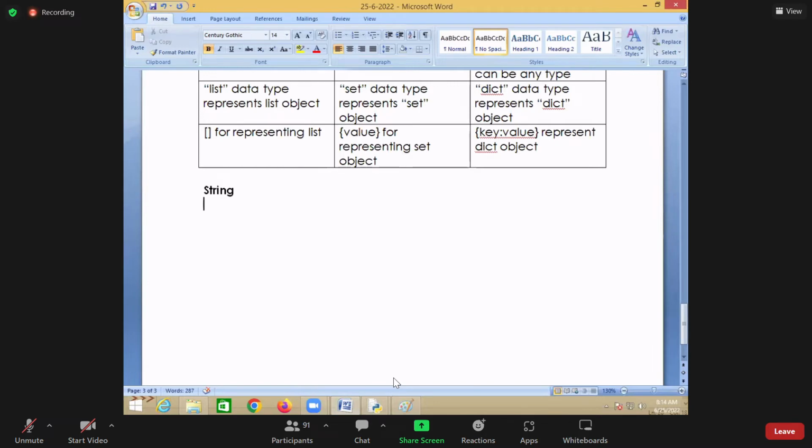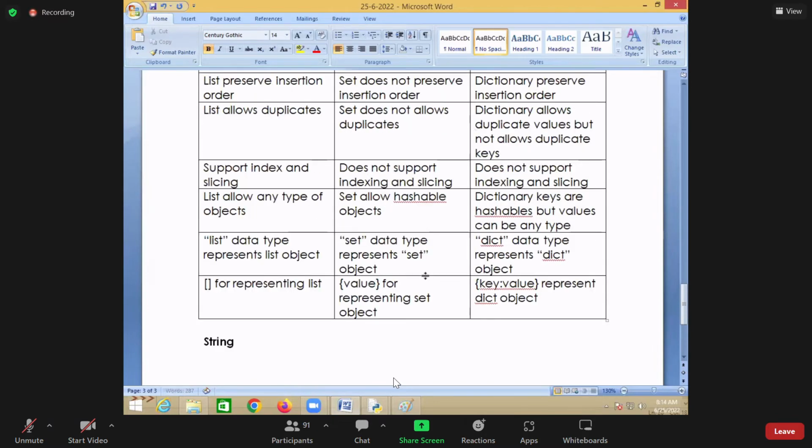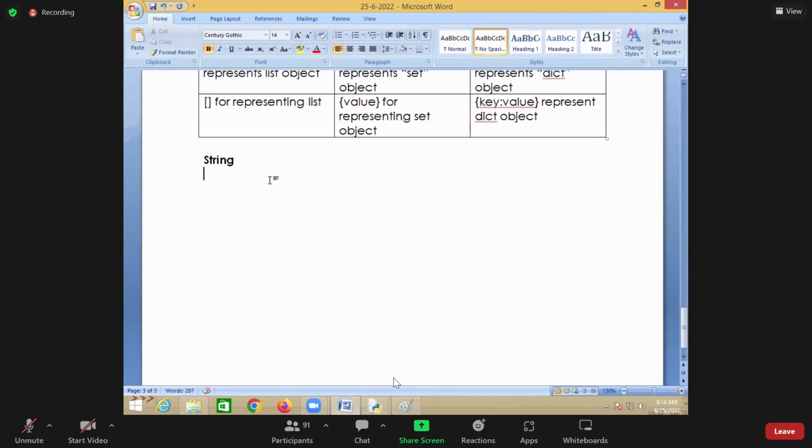So what is a string here? String we have already seen. Now we'll see some more things related with string. So what is a string? A string is a collection of characters, and string is a